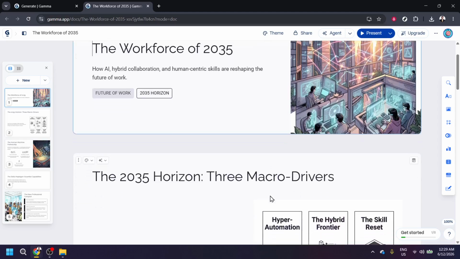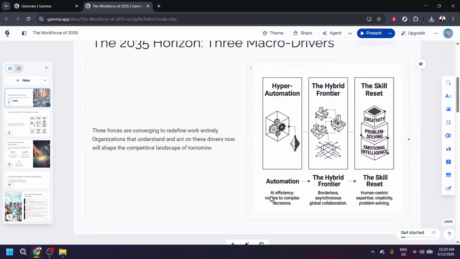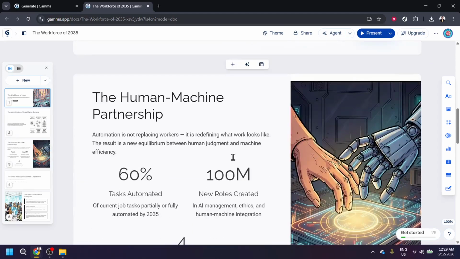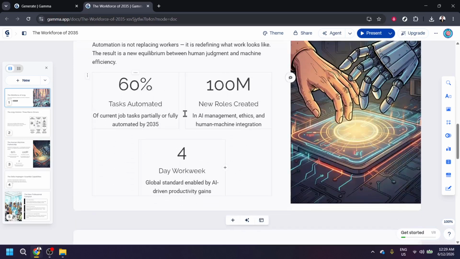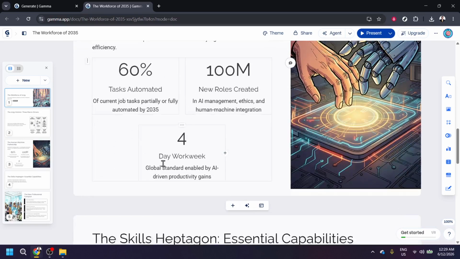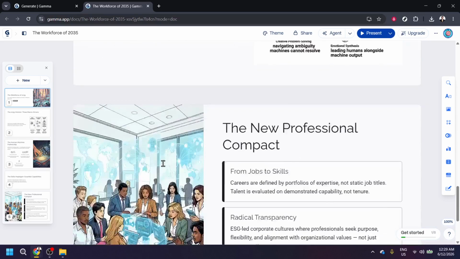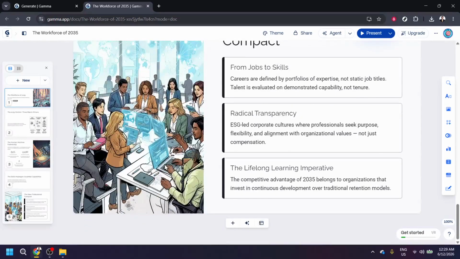And there you have it. From a vague idea to a fully generated, professional-looking infographic deck in just a few minutes. You started with nothing but a topic. You gave Gamma a clear direction, and it did the rest. Now you have a presentation that does not just inform your audience, it